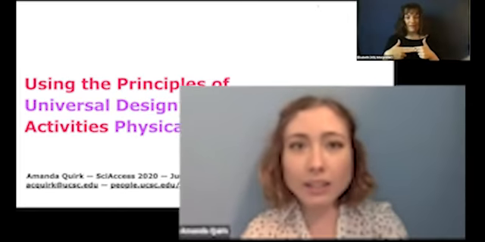My name is Amanda Quirk and I'm a rising fourth year graduate student in the Astronomy and Astrophysics department at UC Santa Cruz. My pronouns are she, her. I am wearing a shirt with black polka dots. I have brown curly hair. I'm a Caucasian woman, and today for the first time in a long time, I'm wearing a little bit of makeup. And I'm gonna share my screen so you all can see my slides. Okay.